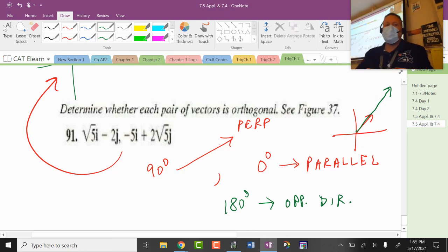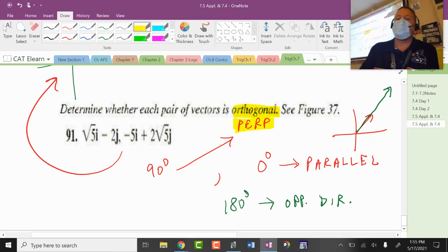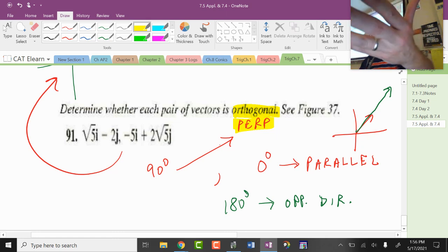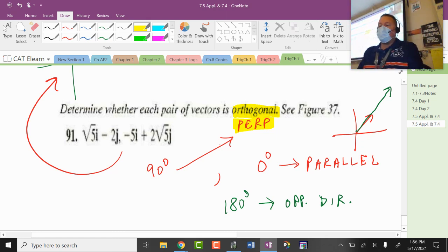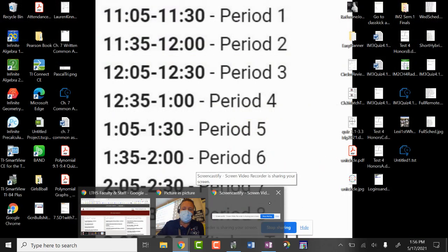But going back to this, some person decided when vectors are perpendicular, they made up this new word. So I'm asking you to remember one word in this chapter: what orthogonal means when I ask that question. So just make sure you know that. Okay, now we're done. And for you guys, we only have one more